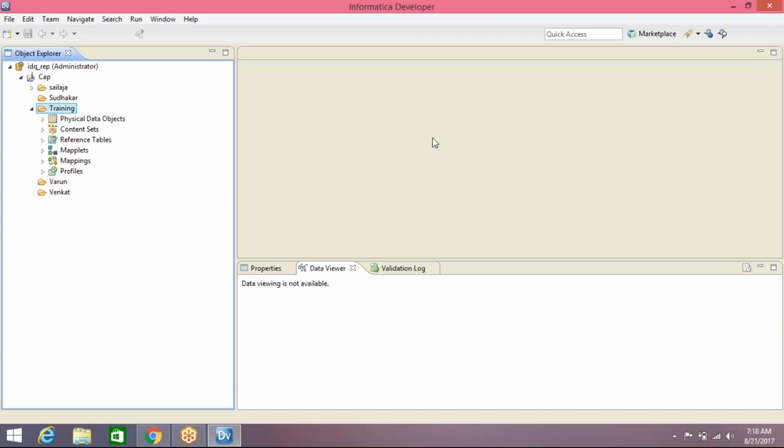Okay. Today we will see how to complete a mapping, validate that mapping, export it to Power Center, and run that mapping in IDQ. How to implement the business rules and how to complete the mapping and all those things we will see in today's session. First, let me take